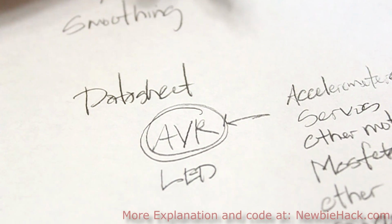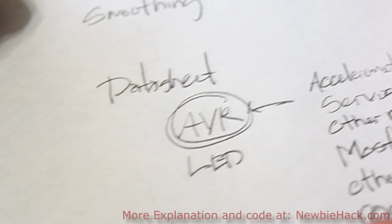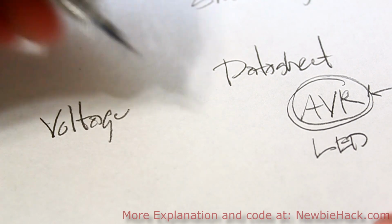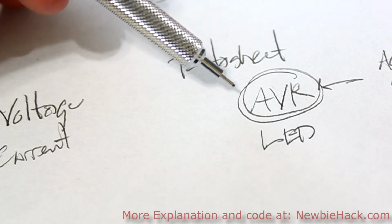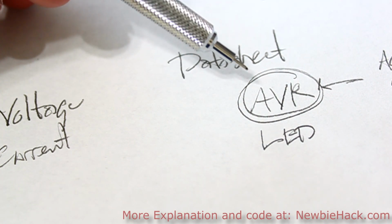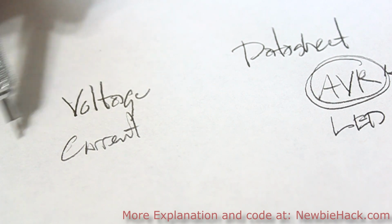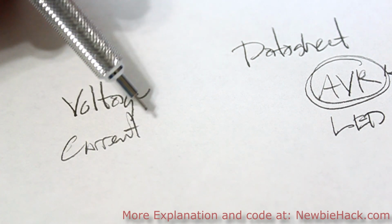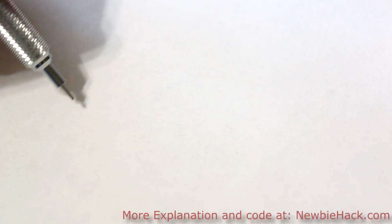Right now we're just going to focus on the AVR microcontroller and see what the power requirements are. At this point, we're only going to be concerning ourselves with voltage and less on current. Generally, these devices will have a limitation on the current, but what you connect with the devices will have a variety of different current draws, or how much load or current it will require on its own. We'll be looking up the data sheet for the